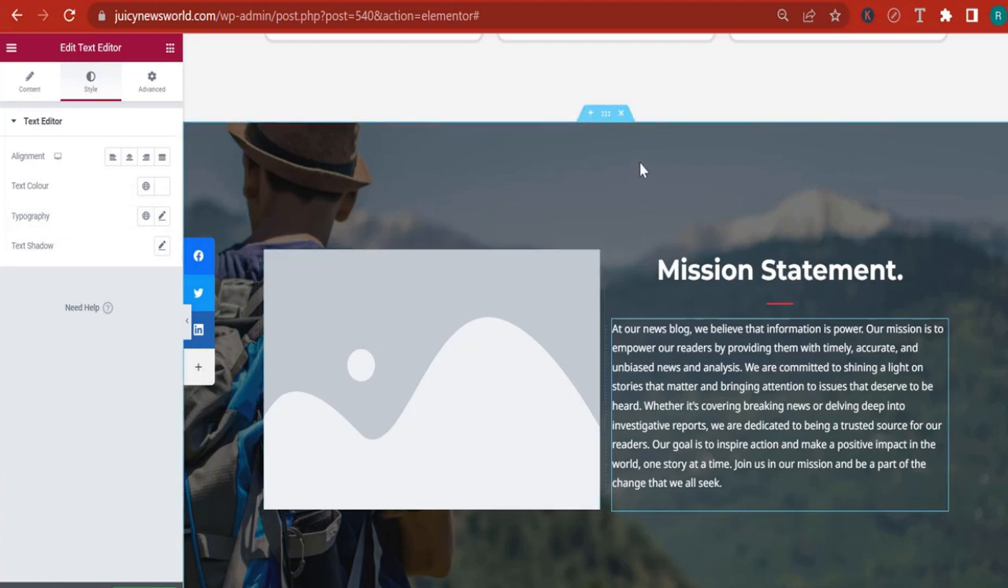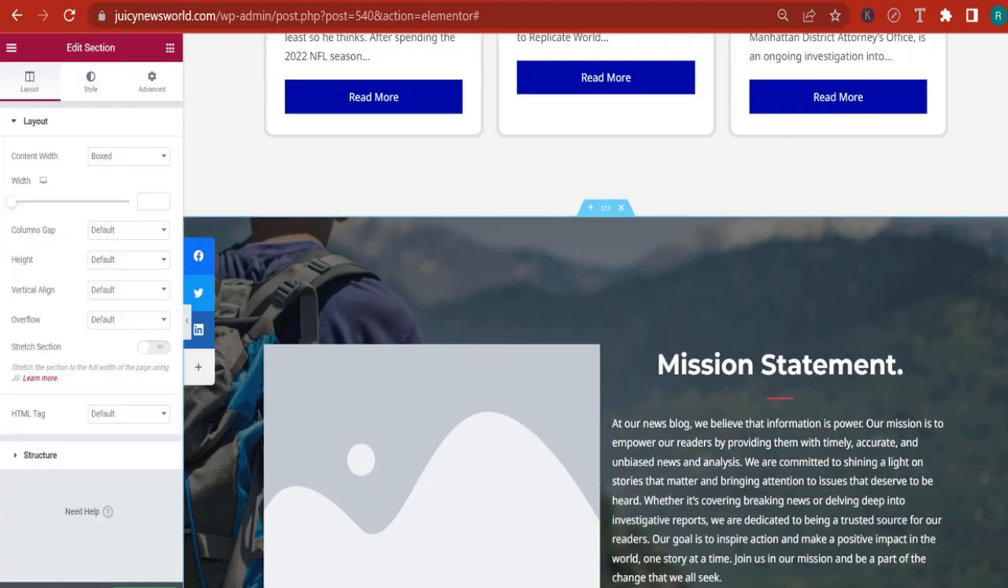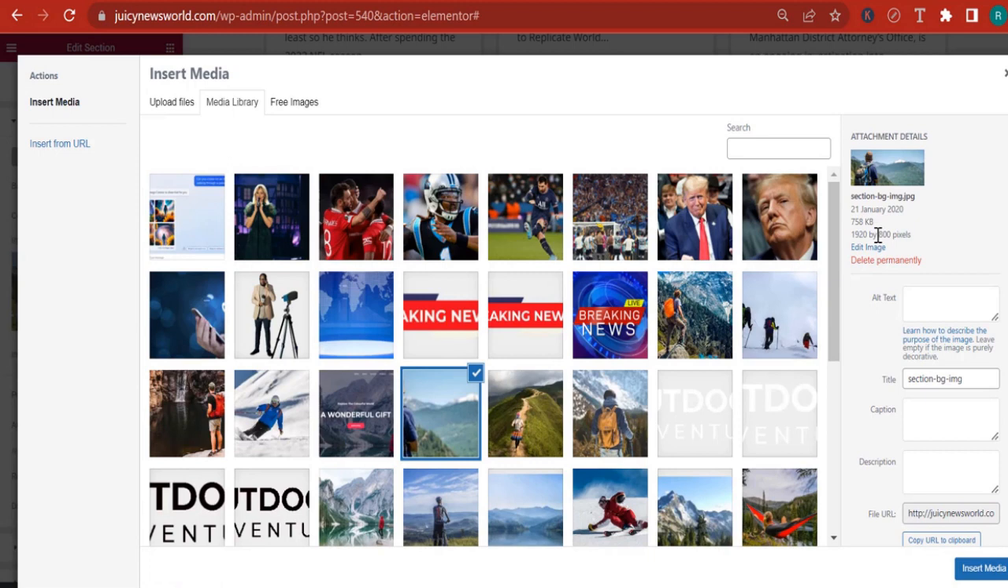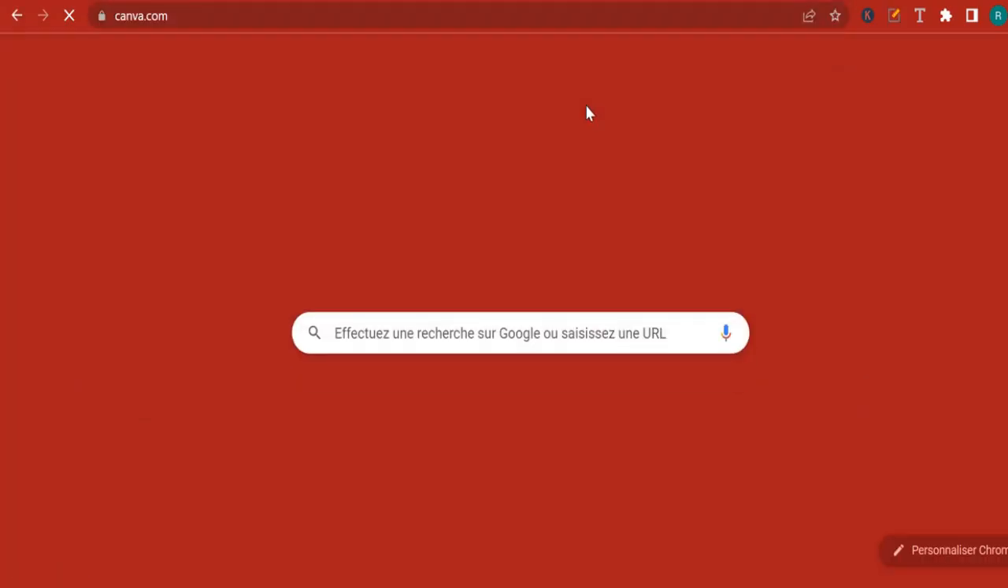Now what I'm going to do here is I'm going to go and click on the section. I'm going to go to style. And here we have this image that we need to modify. So this image's size is 1920 by 800 pixels. And so of course, I'm going to go to Canva as usual. And I'm going to create a new Canva